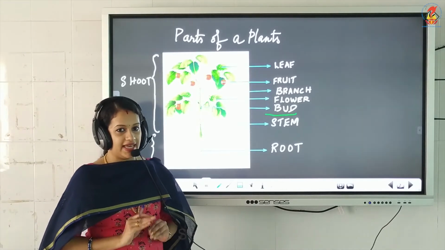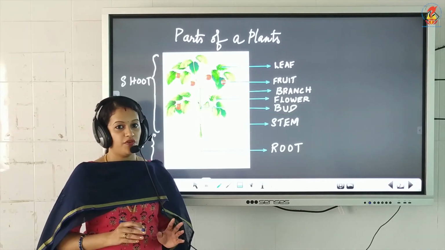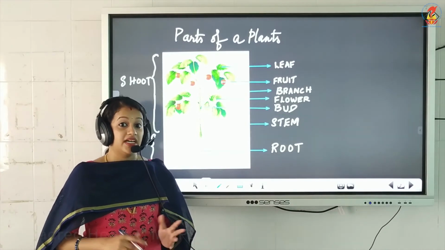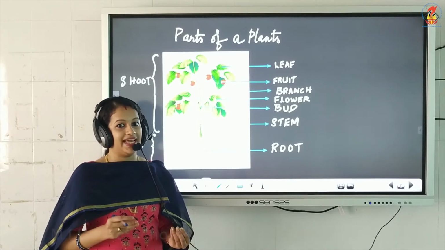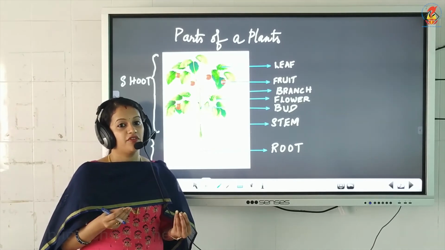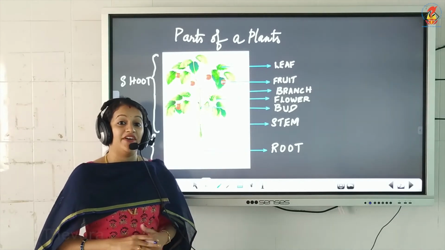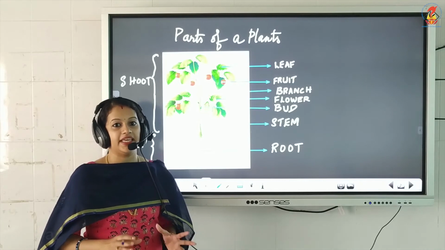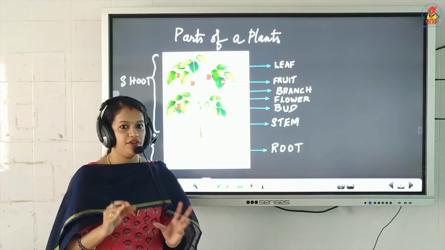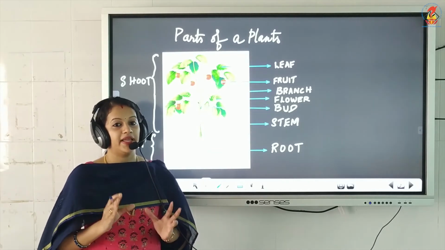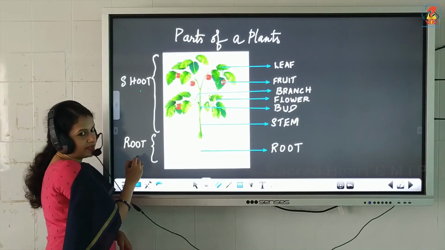Plants make our environment green. Most of the plants grow from seeds. There are also other plants that grow from different parts of a plant, like twigs or from the tip of the leaves. Then the plants also have different body parts, just like human beings. Each of the parts performs different functions. And a plant can be mainly divided into two, the shoot and the root.